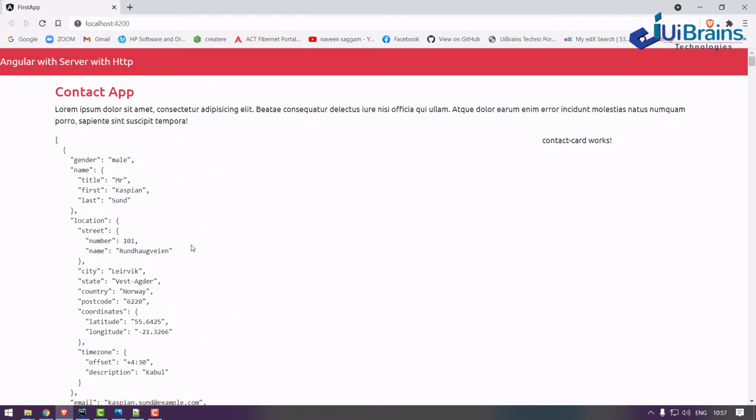The next part is I have to convert this data into a proper tabular format and then transfer it to this card. Okay, so let's take up that part in the next video.